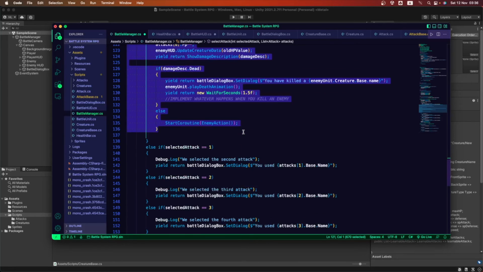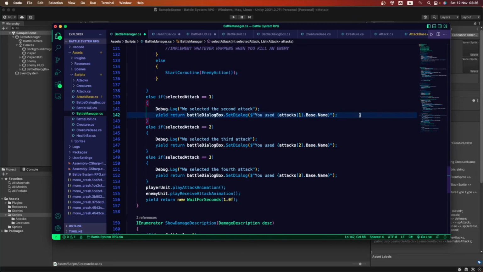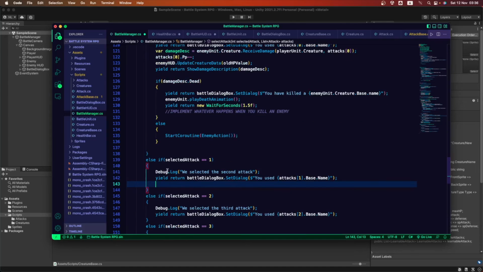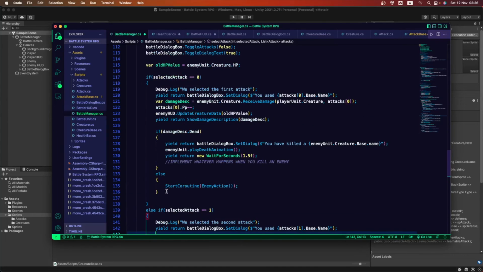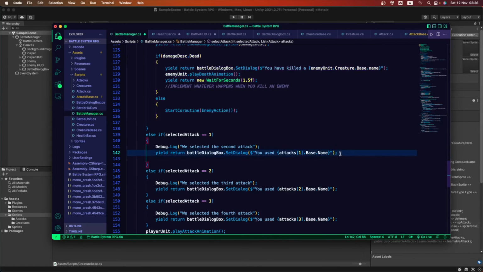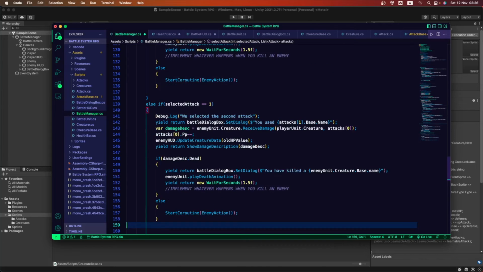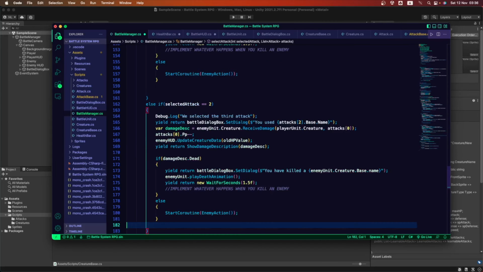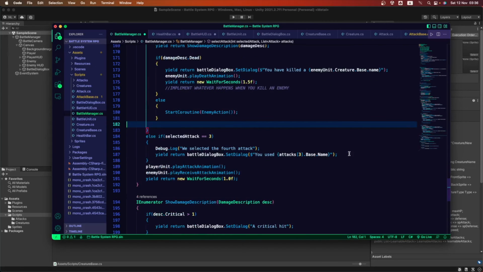Let's copy this and paste it into the other if statements. There it is. I'm going to paste that there. Let's go into this one. I'm going to paste that there, and let's go into this one.